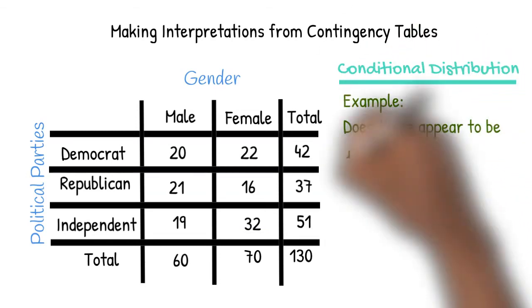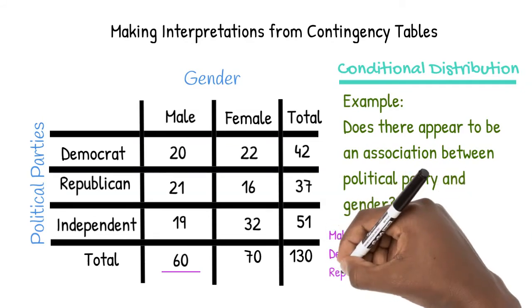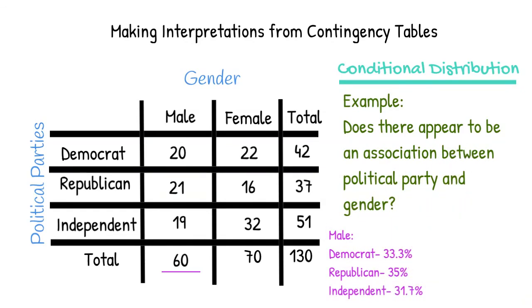Does there appear to be an association between political party and gender? We can take a look at the conditional distribution for each gender. Since there are 60 males, we put each value in the first column over 60 and multiply by 100 to convert to a percent. We get the conditional distributions 33.3%, 35%, and 31.7%. Since there are 70 females, we put each value in the second column over 70 and multiply by 100 to convert to a percent. We get the conditional distributions